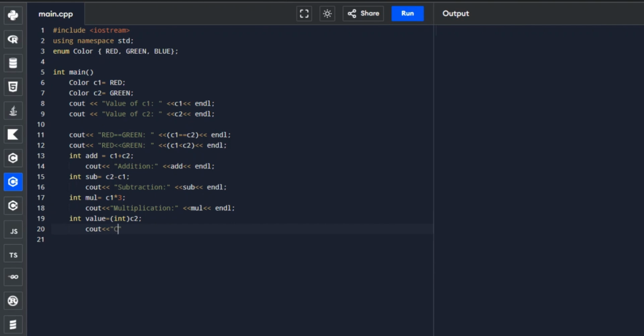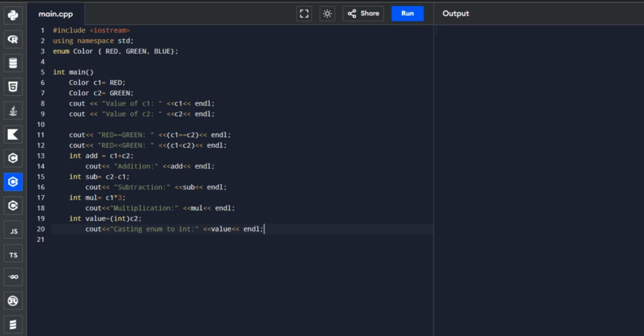Then display the value of the variable named value. Okay, we're done with operation 7, which is casting or converting enum to integer.